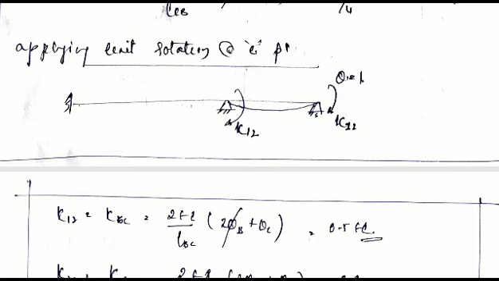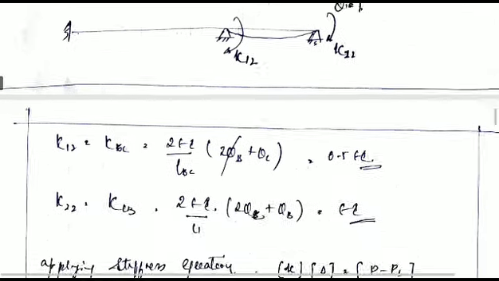But in the above diagram you can see clearly that there are no rotations in the BA value, so that will be 0 here. So we are left only with KBA equals 0, and KBC. KBC is equal to 2 EI by LBC, into 2 theta B plus theta C. We know that a rotation is applied at the second coordinate point, theta C. So theta B is 0, and only theta C will be active here. So theta B is taken as 0, left with 2 by 4 EI theta C. So 2 by 4 is nothing but 0.5 EI, the stiffness at the first coordinate joint due to unit load applied at the second joint, that is K12.